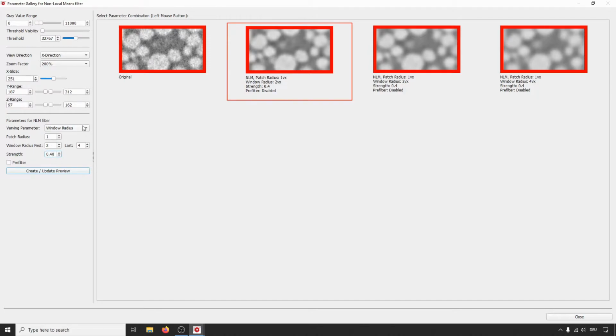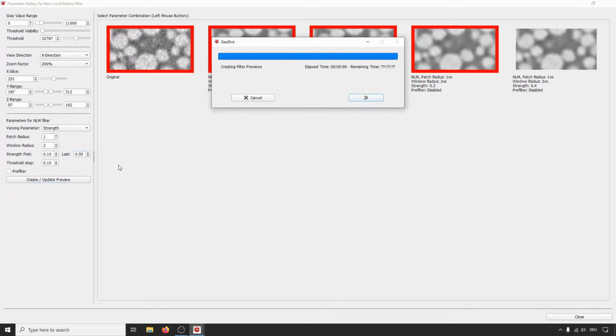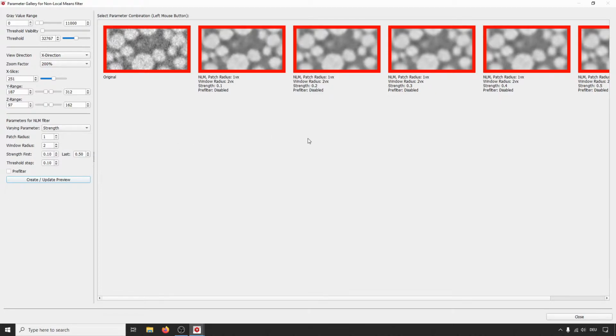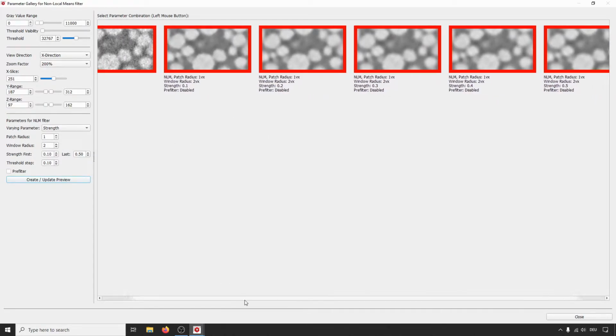And now we change it here over to the strength value, and we want to vary the strength value from 0.1 to 0.5. Keep it here, and keep the threshold step at 0.1. Click again on create update preview, then it runs through, and now you can compare the different